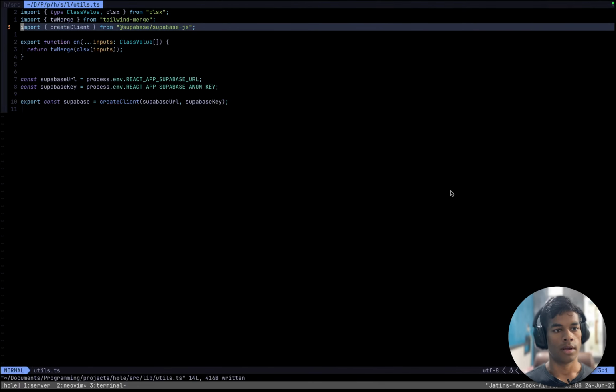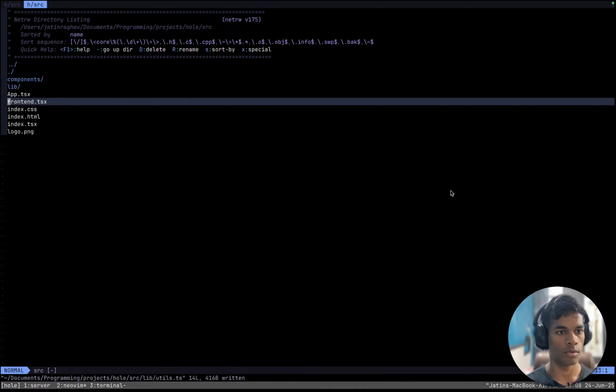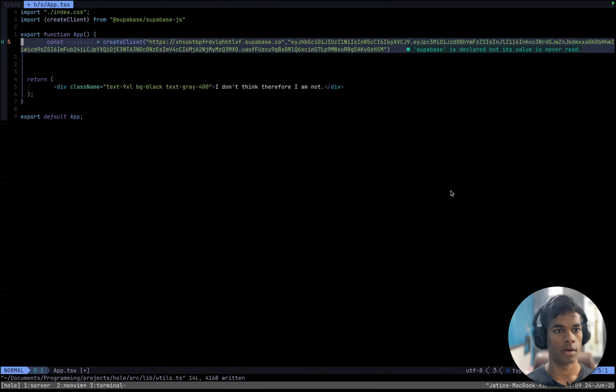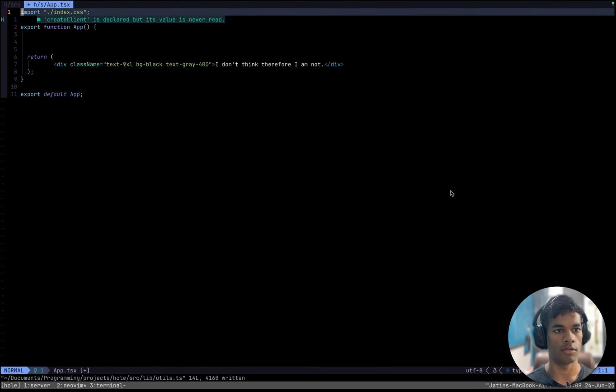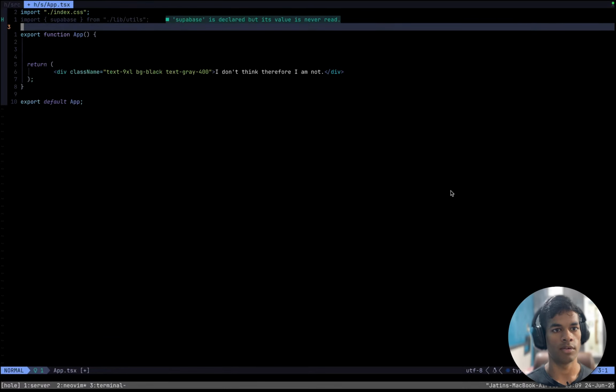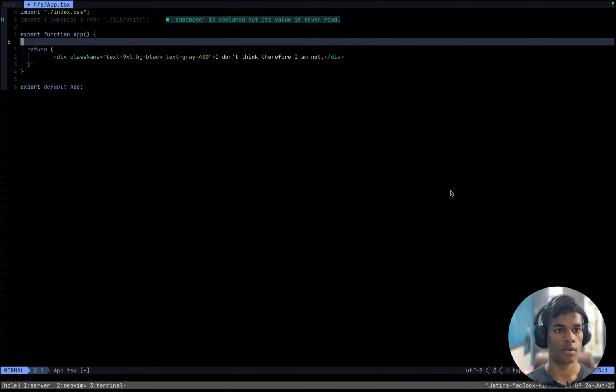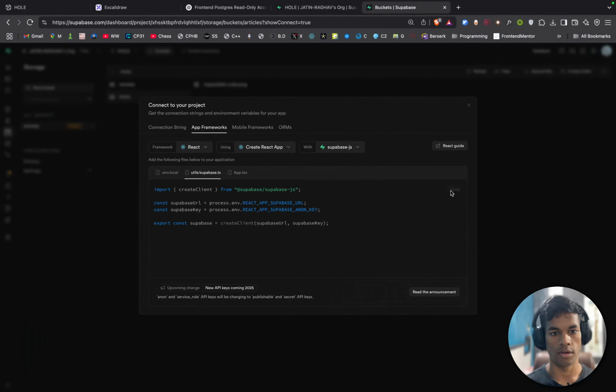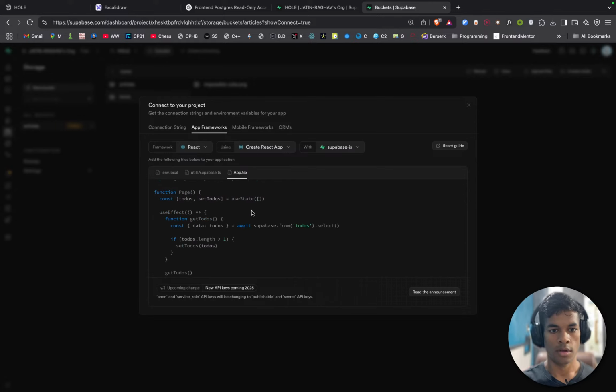And export this from there and go to app.tsx, and don't do this, but instead import supabase from utils. And how do I then read the data in app.tsx? Tools. Oh yeah, I will also create TypeScript support for this thing. Use effect, get tools, define the function, and then call the function.